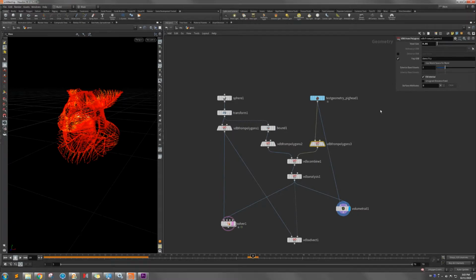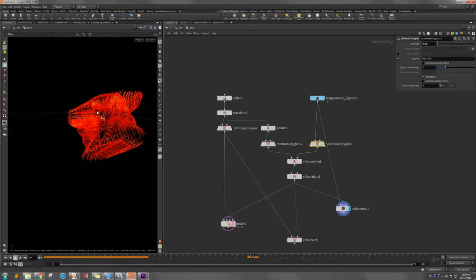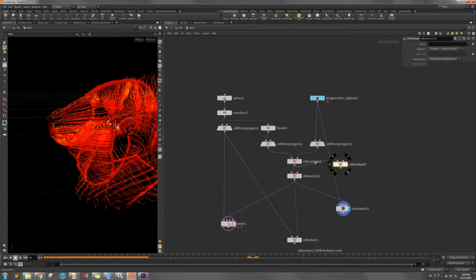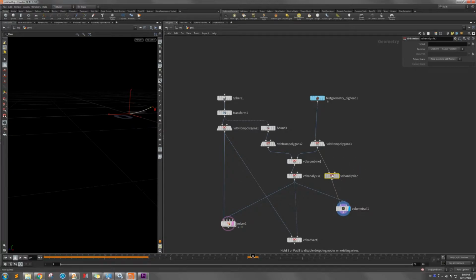In the fog VDB, they always calculate the point from the low density to the higher, which is the opposite direction, from outside to inside. Here is an example. Here you can see what we use is fog VDB. If we change that to the distance VDB, we just duplicate that node, add VDB analysis, then we connect to here, and you can see